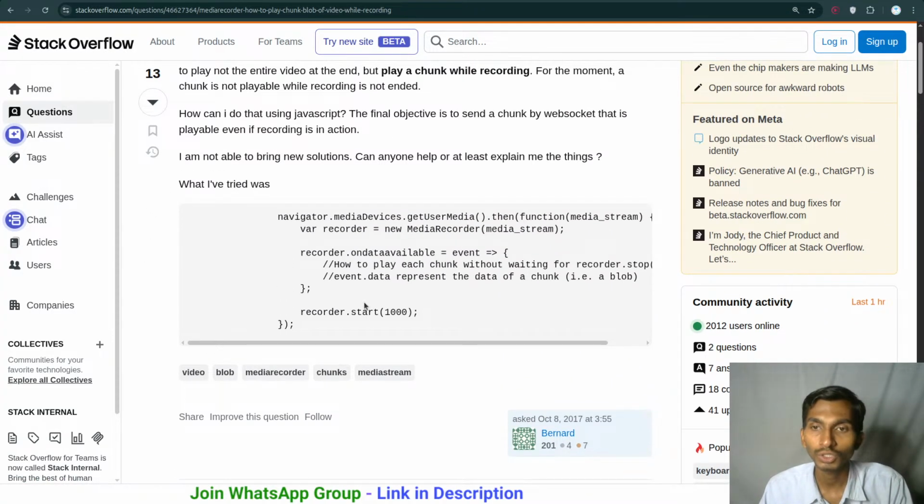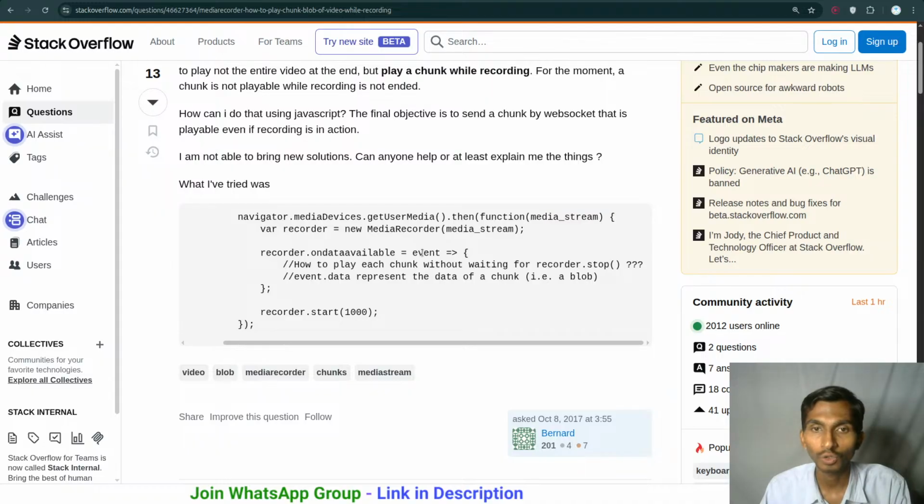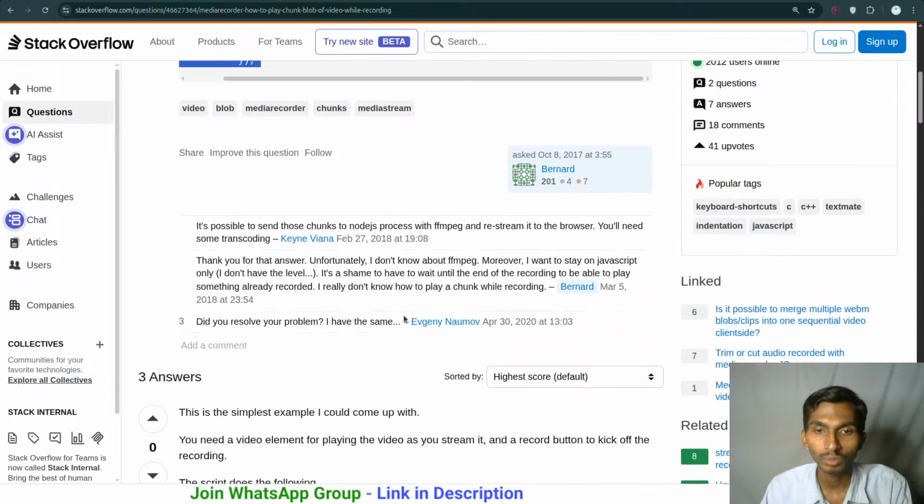It's pretty simple. You just need to use blobs, and you will be getting the chunks. What it is saying is navigator media devices get, then you will get your media stream. Once you got your media stream, new MediaRecorder will get that media stream. So we have to call this. Then we will get the recorder. Once we got the recorder, recorder dot ondataavailable, so we will be getting data as well. Recorder dot start whenever the right time is, so the recording will be started.